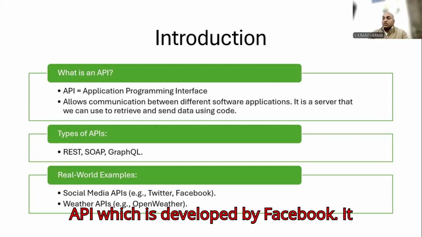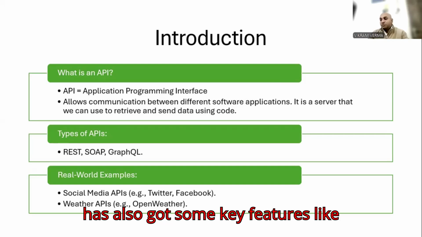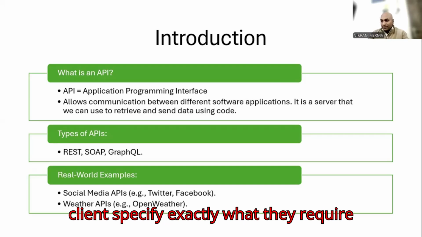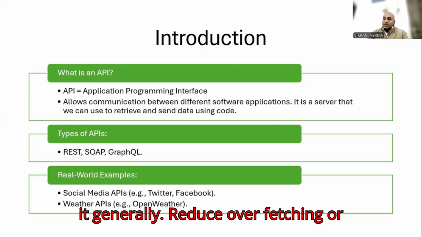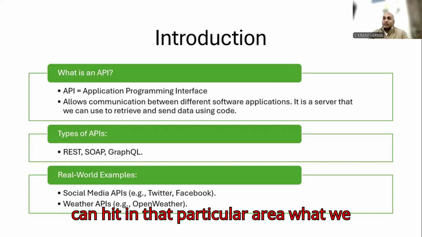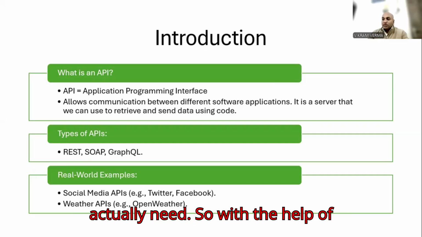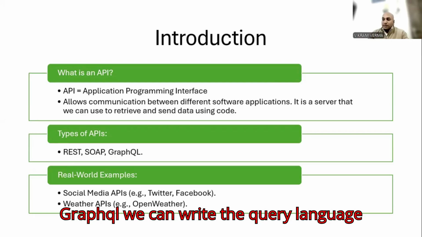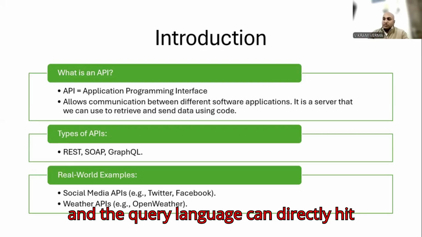It has also got some key features, like the client specifies exactly what they require. It generally reduces over-fetching or under-fetching. It means we can directly hit that particular area that we actually need. So with the help of GraphQL, we can write a query, and the query language can directly hit towards